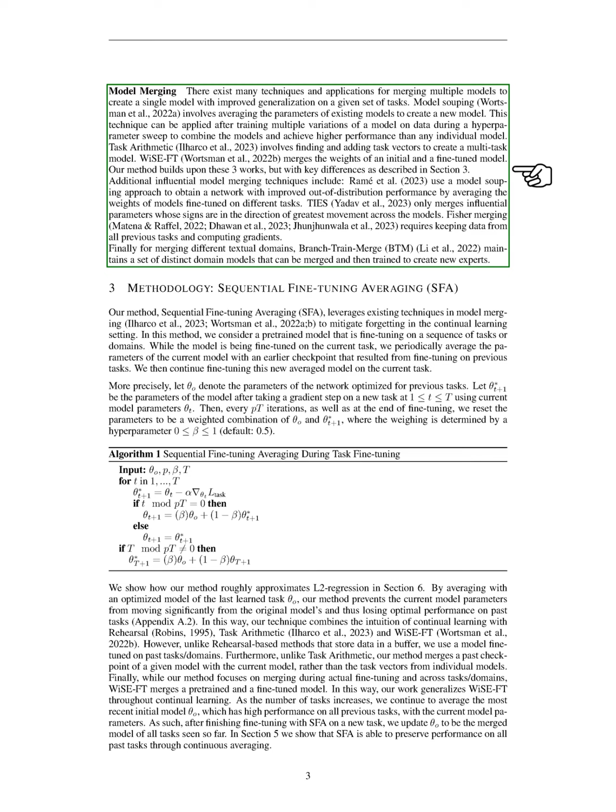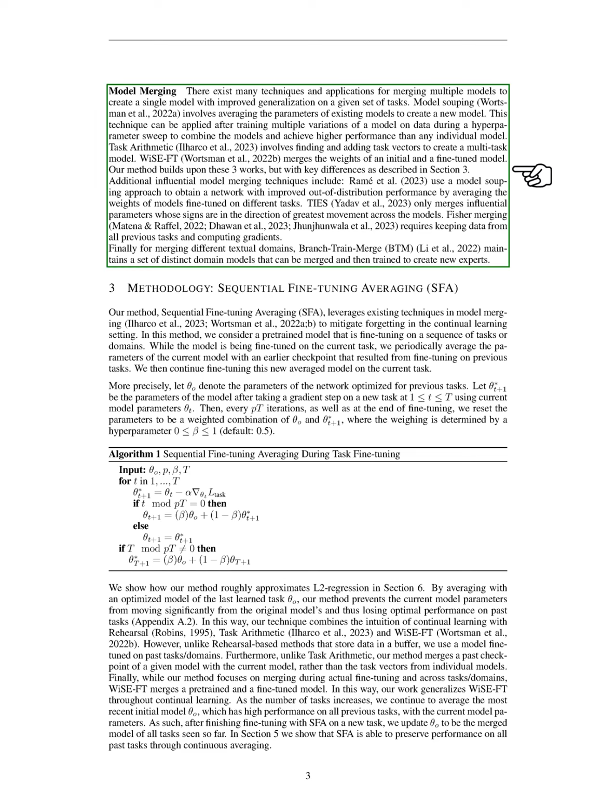Our contributions can be summarized as follows. We introduce sequential fine-tuning averaging, SFA, a method that enhances model merging techniques. Section Summary. In this section, we discuss the challenge of catastrophic forgetting in continual learning, where deep learning models struggle to retain knowledge from previous tasks while adapting to new ones. We introduce sequential fine-tuning averaging, SFA, a method that merges models during training rather than at the end, allowing for better retention of past knowledge without the need for data buffers or additional training resources, and demonstrate its effectiveness across various tasks and domains.